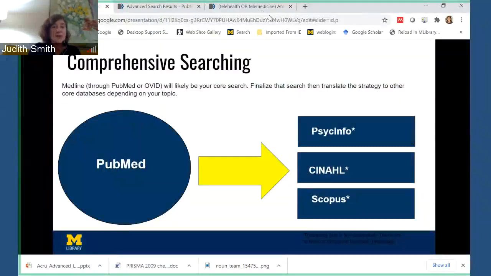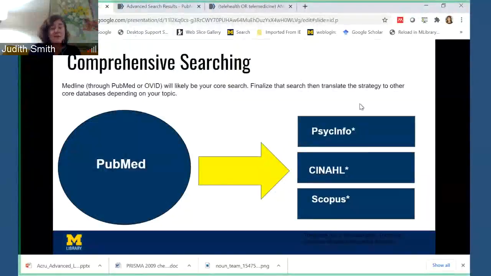If you're focused on mental health, there's a psychology guide. If you're interested in different aspects of health services research or policy, there are guides for that. So those are just jumping off points for being directed to some of the best databases available to you, so that you're not spinning your wheels knowing where to go first.